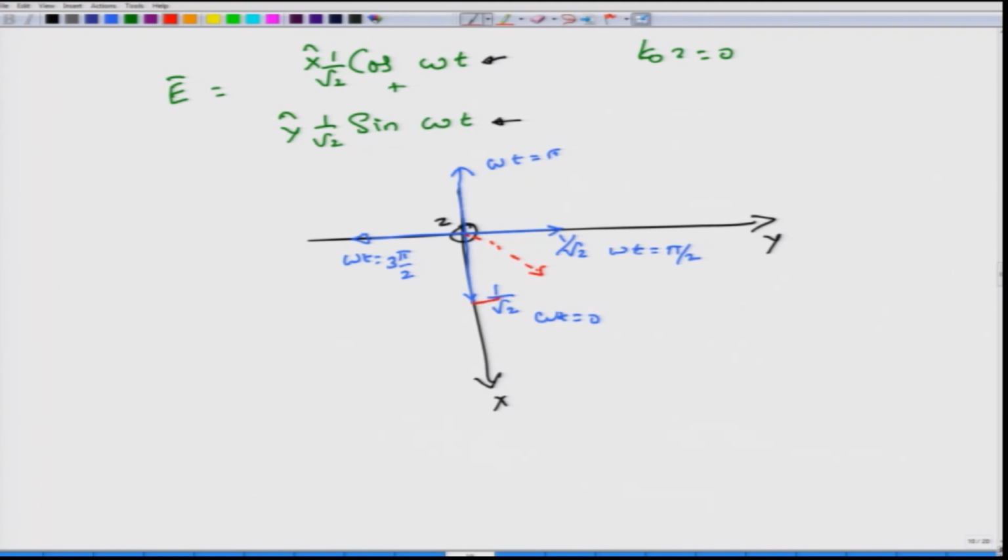So, if you now join all these tips, you would see that the tip of the electric field vector is rotating, and in which direction is this tip rotating? It is rotating in the clockwise direction. So, if you now go in the clockwise direction and then look at your thumb, the thumb is pointing in the direction of propagation. So, since you have used the right hand to get to the z axis, and this is the polarization, this is said to be right circularly polarized.